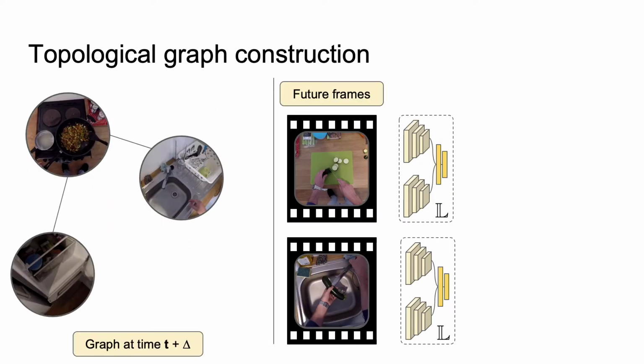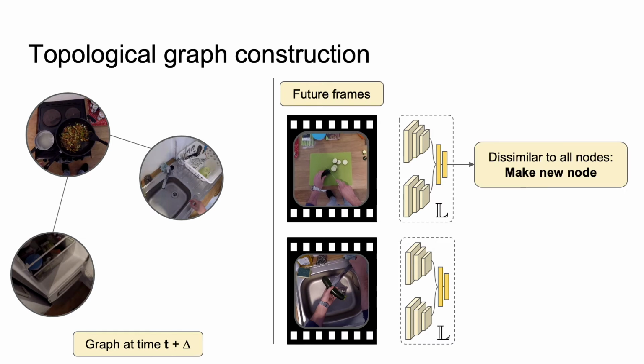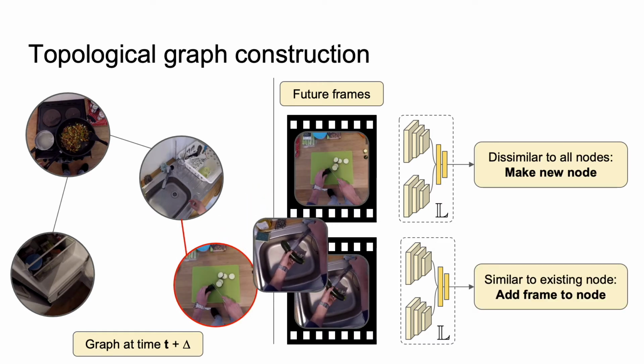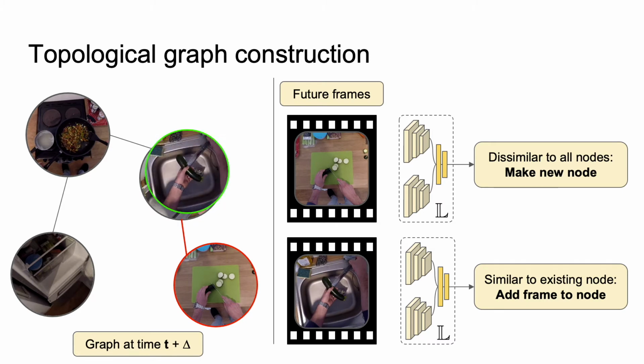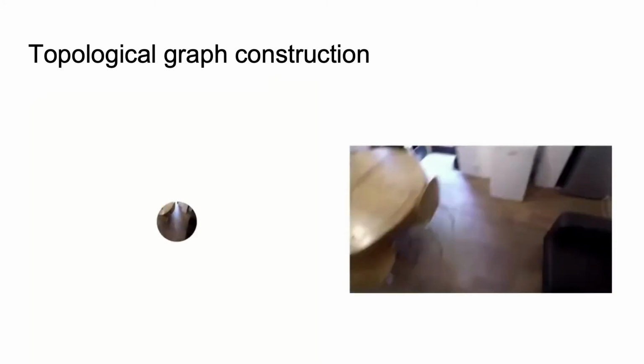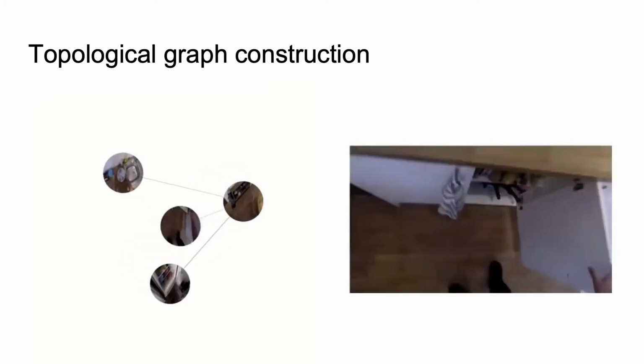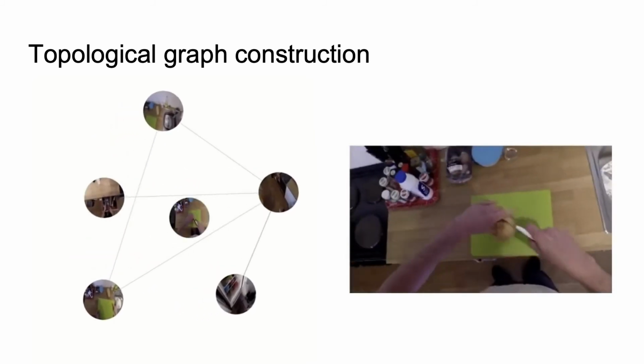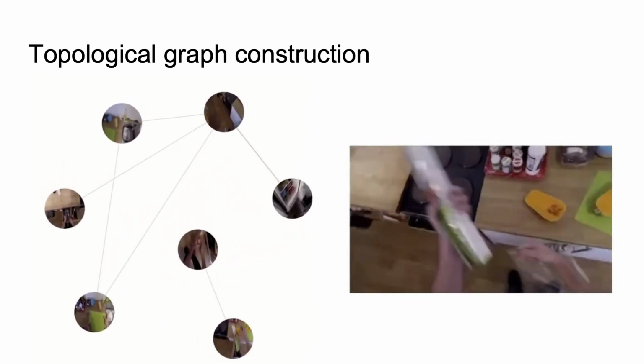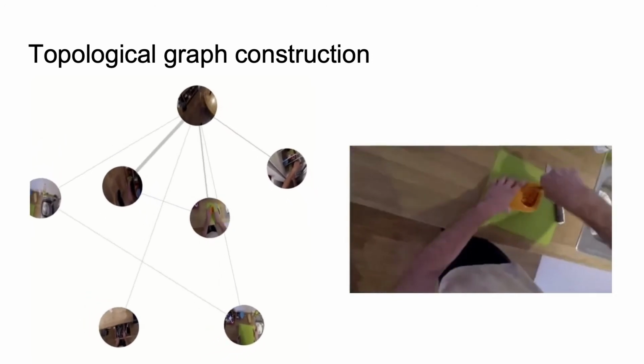Once trained, the network is used to sequentially assign a similarity score for each frame of an egocentric video, with each node of the graph. If these scores are low, the frame represents a visit to a new unseen zone, and if it's high, then the frame is merged with the previously visited node. Over time, a graph is constructed frame by frame for each egocentric video to capture zones of human interaction, and visits to each of these zones are catalogued.